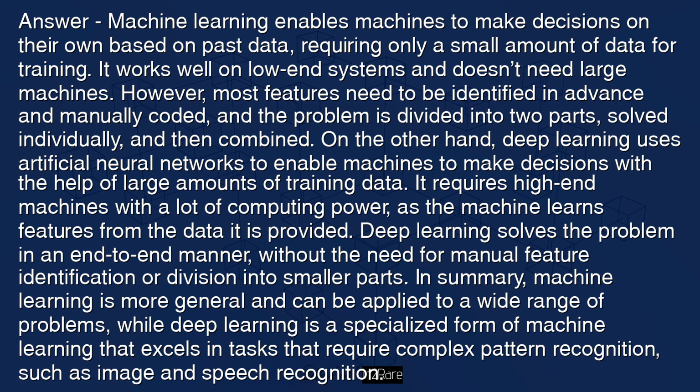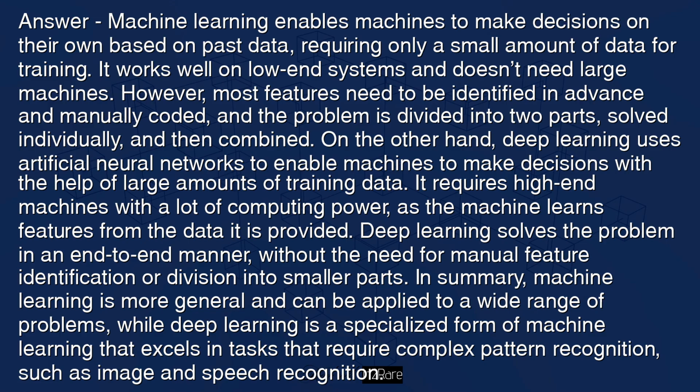On the other hand, deep learning uses artificial neural networks to enable machines to make decisions with the help of large amounts of training data. It requires high-end machines with a lot of computing power, as the machine learns features from the data it is provided. Deep learning solves the problem in an end-to-end manner, without the need for manual feature identification or division into